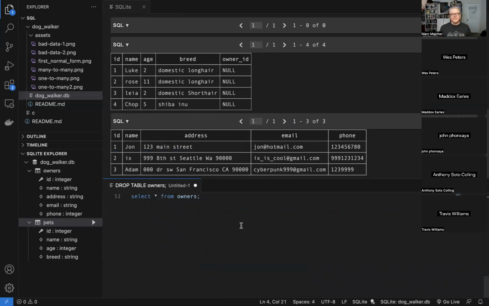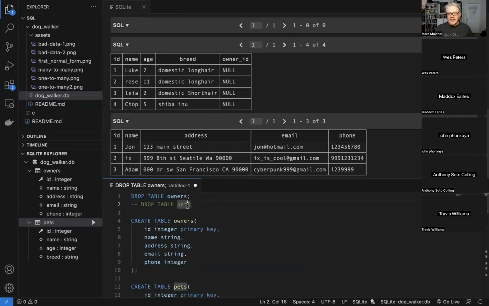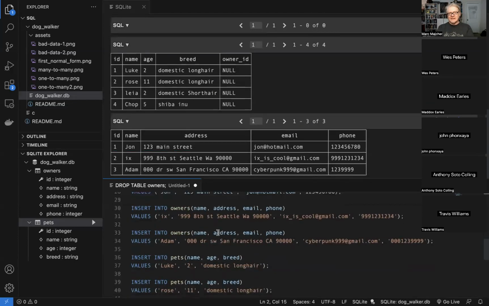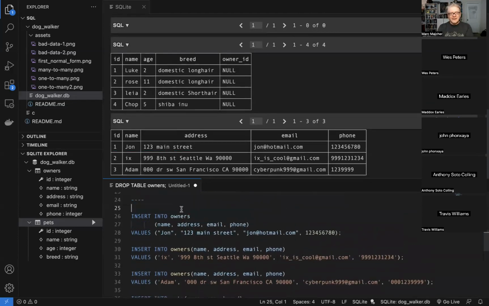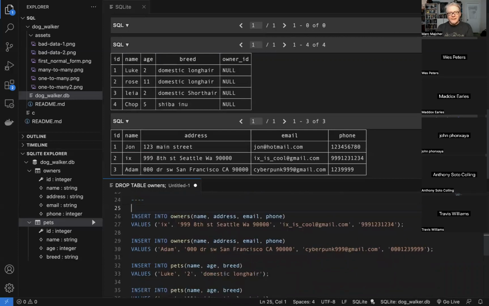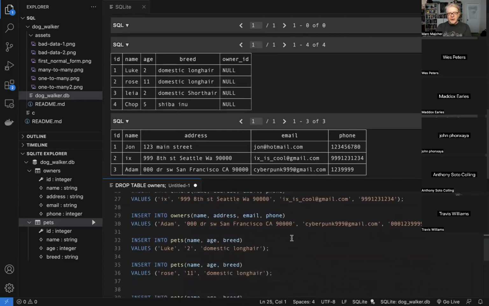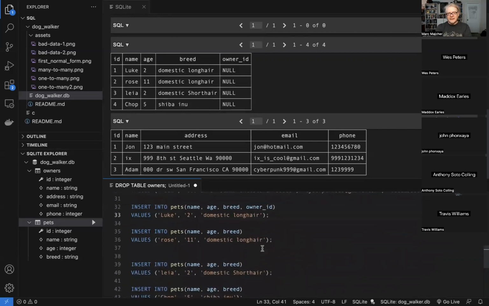Cool. So we don't have owner ID. Let me go ahead and add some owner IDs when I'm adding the pets. Here are our pets. I'm going to get rid of John. Sorry, John. Here's our owners. Here's our owner ID. And I'm just going to enter in, let's see, what do we have? Adam. Oh, excuse me, 1 and 2 this time. So 1, 1, 2, 2. How about that?